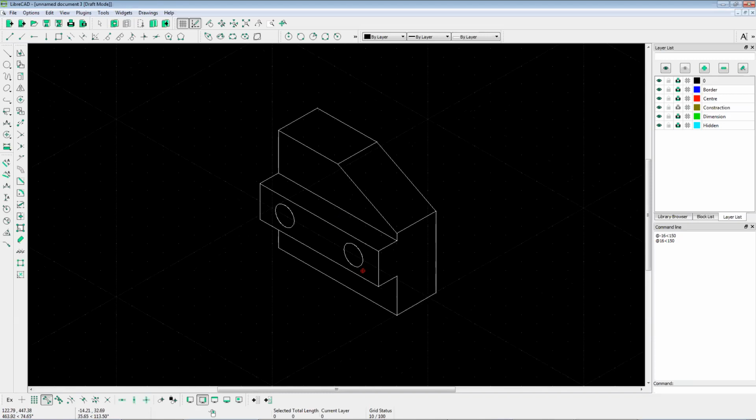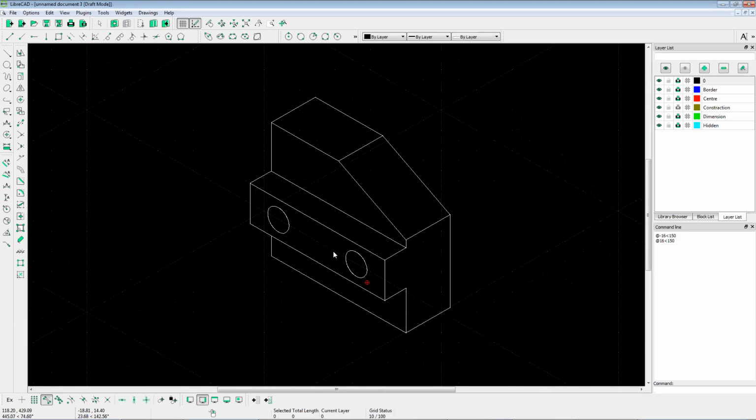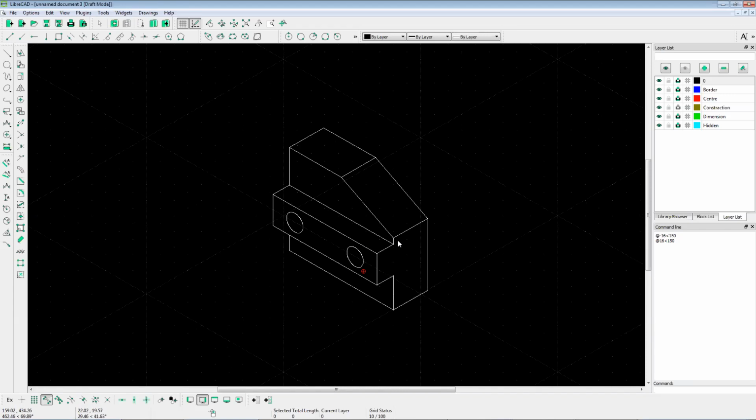The good thing with the isometric drawing now is you don't need to do center lines. Don't put the center lines, even in your assignment, and you don't need to put any hidden details there for these holes here. And the other thing, you don't need to put any dimensions. So don't put any dimension. Just leave the 3D object as in this picture here, and then you just need to move it inside